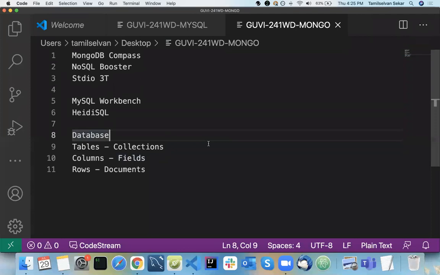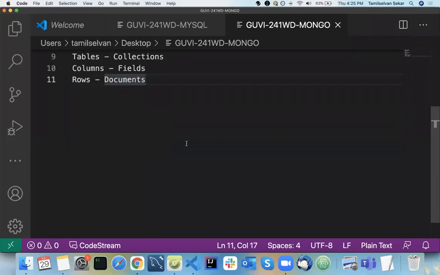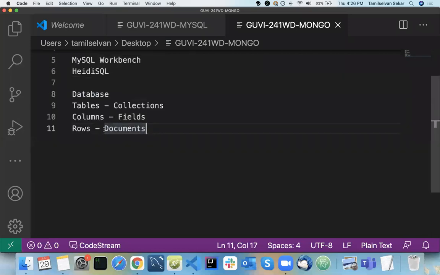So our basic part is done. Now let's see how your data is stored in MongoDB. You have learned JSON, right? In your JavaScript class or React class, we saw JSON. Our data is stored as JSON in MongoDB. Each and every document, or each and every row here, is stored as JSON in your database.